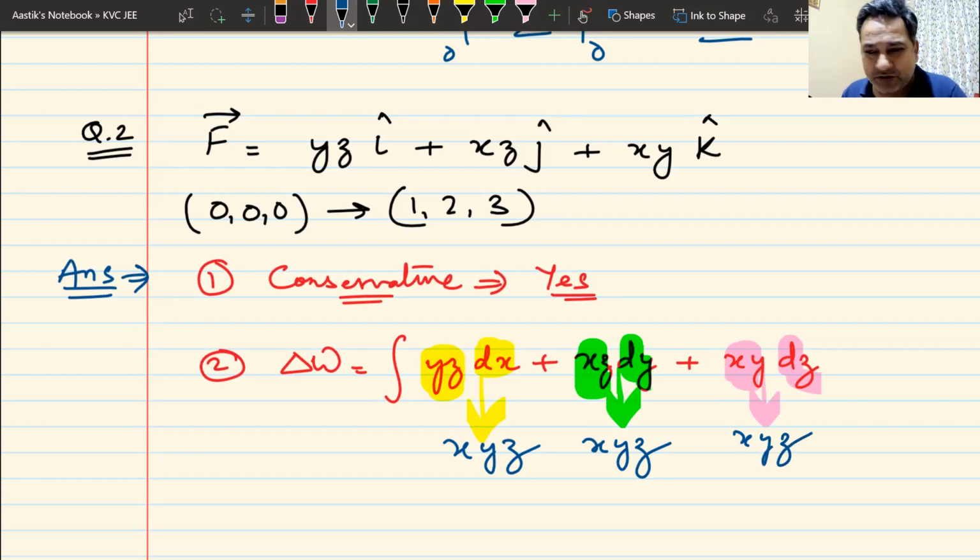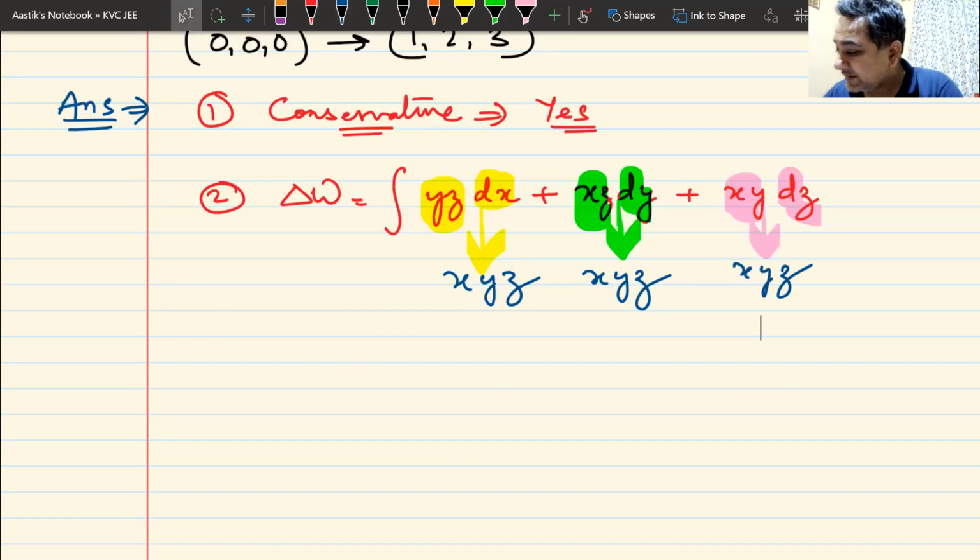Actually you don't have to do it for all; you just get it for one. You will understand that you will get the same for all of them, because otherwise it is an impossible way to solve it. The problem becomes very, very complicated if this is a non-conservative force and no paths are given. It becomes virtually very tough to do in a span of 3 minutes. So once you see all of them are coming as xyz, then you can pat yourselves on the back